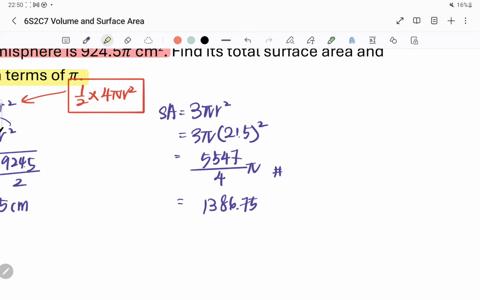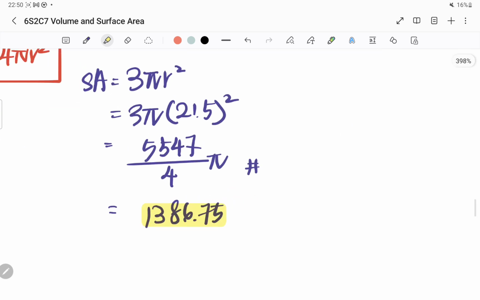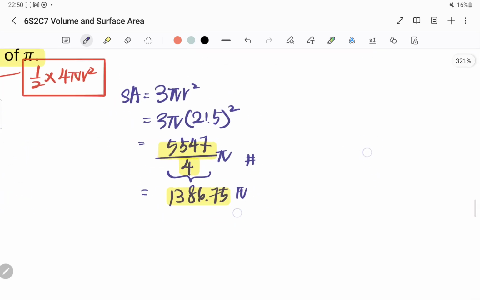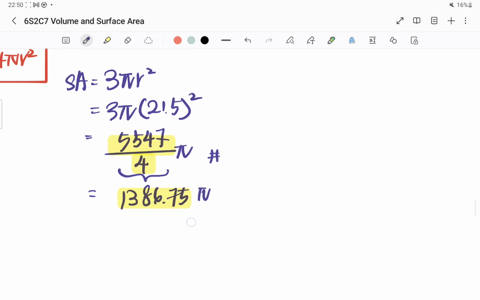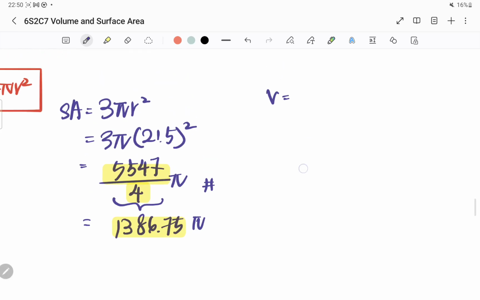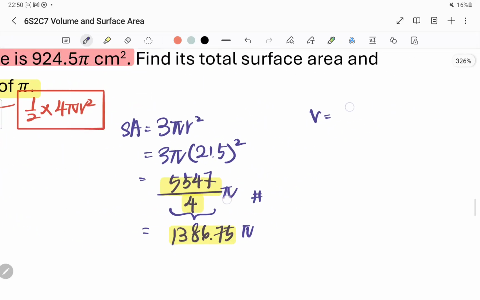Okay, because this 1386.75 is 5547 over 4. I directly change this one into my decimal. Then you can, but you cannot multiply the pi and then find the entire decimal place. No. Okay, same thing. Volume is 4 over 3 pi